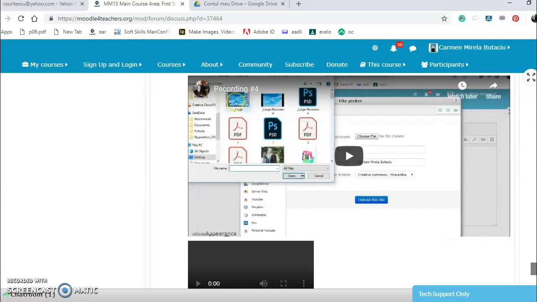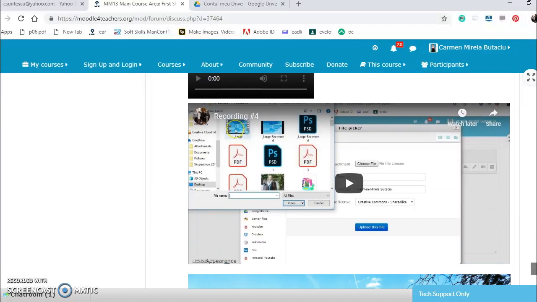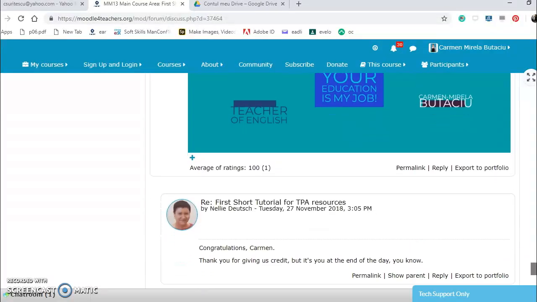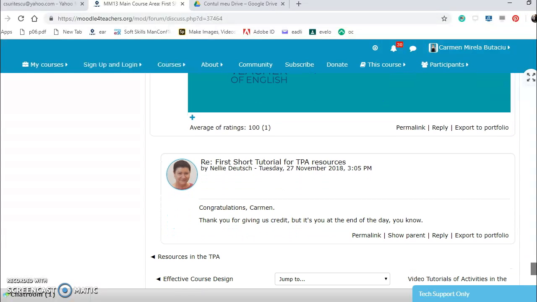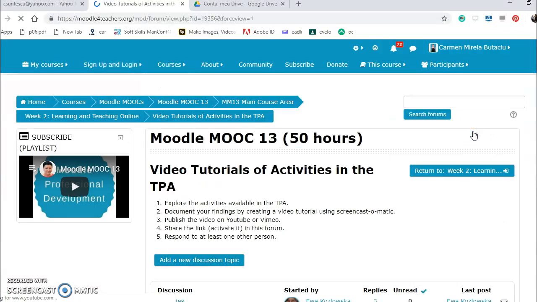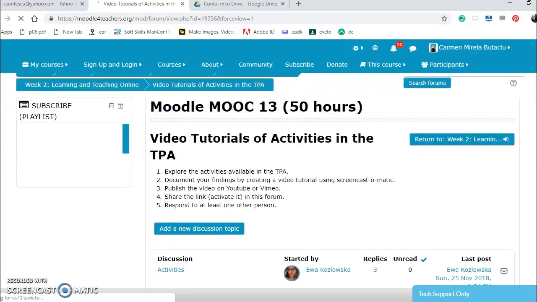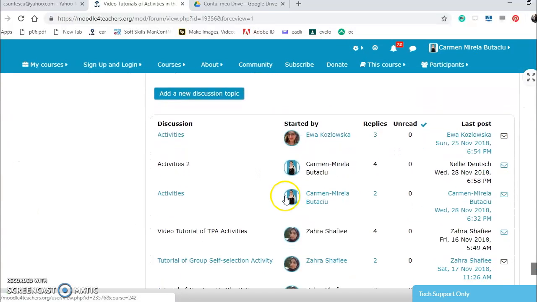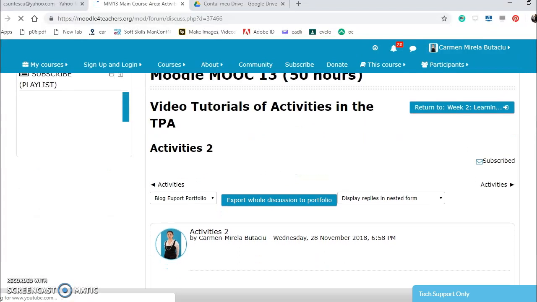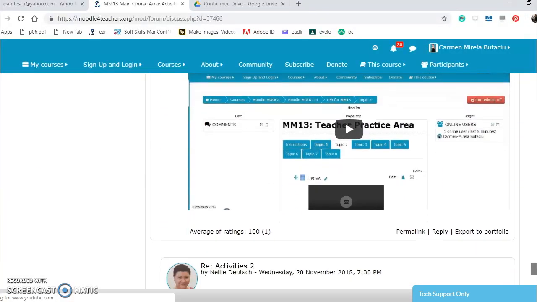I think I put it double, or I introduced several activities here. Then we had video tutorials of activities in the TPA. I put 2 here, I introduced 2 of them here, activities.